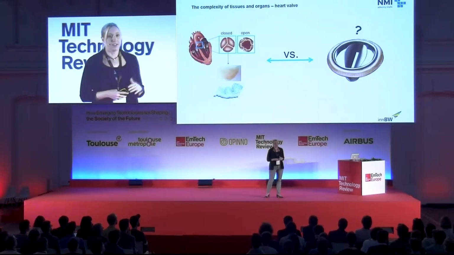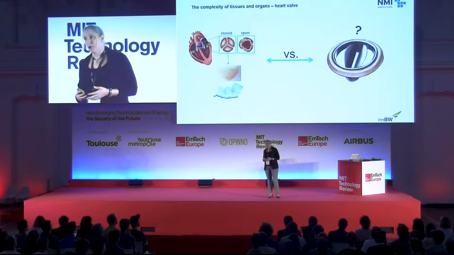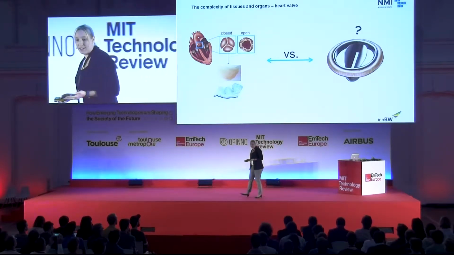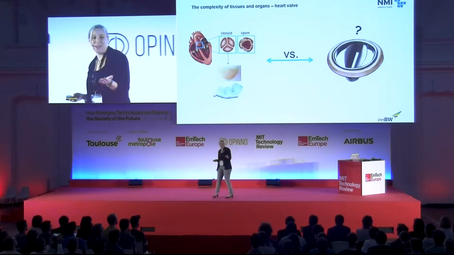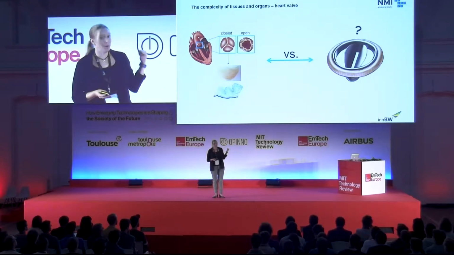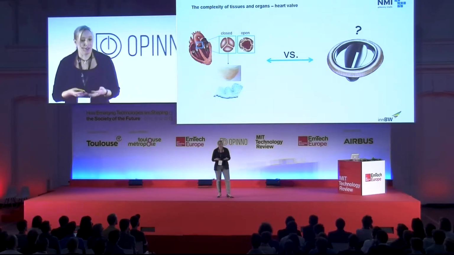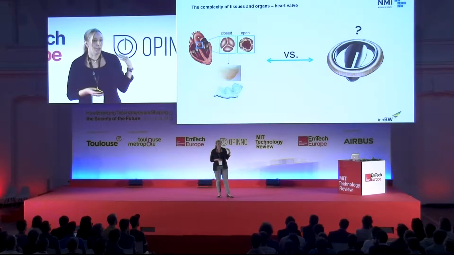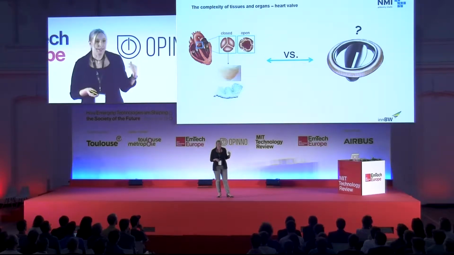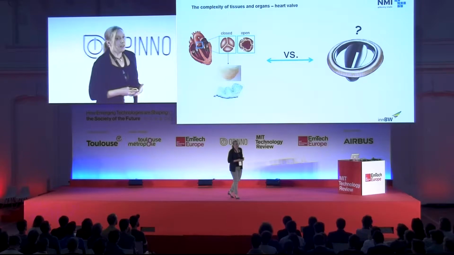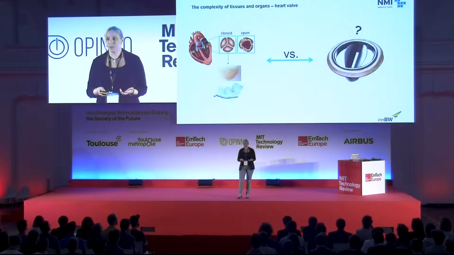And you know what we are implanting at the moment? This is what we place into the human body. And this is actually the gold standard. I mean, there are other options like donor organs, but as we heard before, there is a lack or a limitation of donor organs. Where do we get those organs from, those donor organs? So we have to use artificial valves. And this is a heart valve which is implanted, and as you see, this has nothing to do with a real valve, with a real